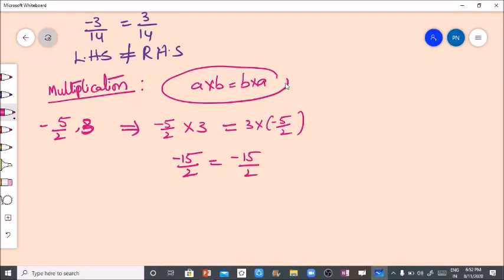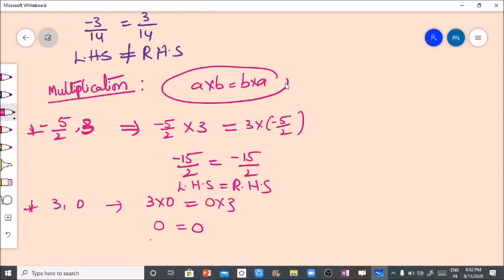Okay, I want to take another example. 3 and 0, these two are rationals. So 3 into 0 equals 0 into 3. 3 into 0 is 0, 0 into 3 is 0. Here also LHS equals RHS. So we conclude that rational numbers